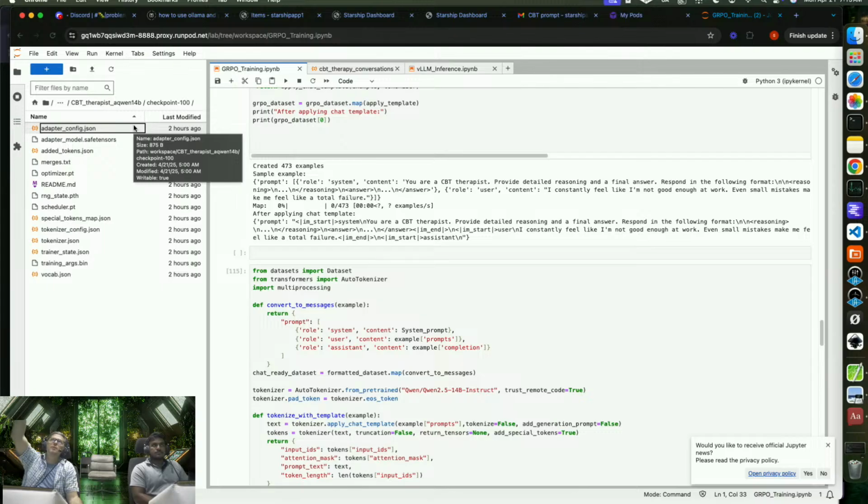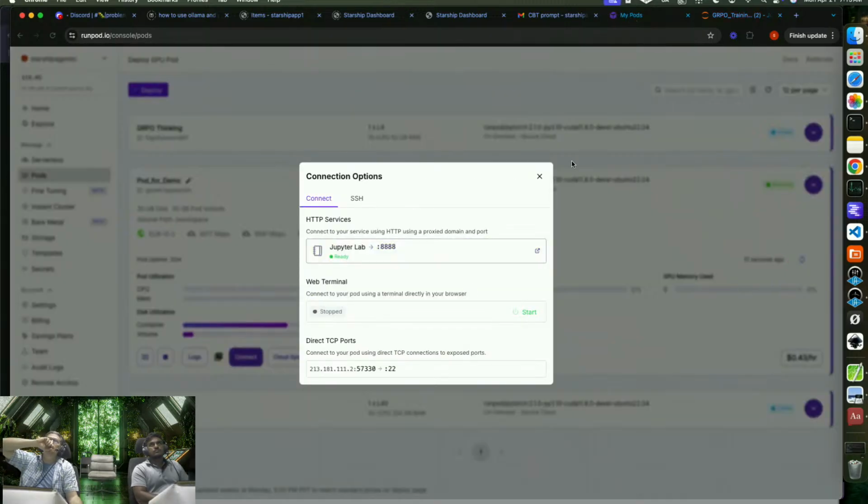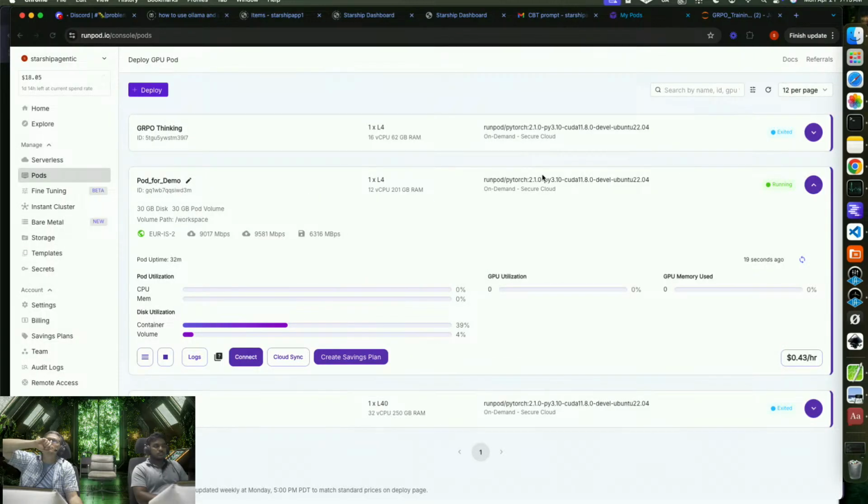Can we just see the dashboard of our pods real quick and just show what we picked? RunPod. Okay, so which one are we on? Pod for demo. So you get to see all your pods. You get to see if your GPU is being utilized and if they're on or off. But I want you to notice we used an L4. And I think I bumped up the... no, you didn't bump up your disk space. I always bump up my disk space because I'm afraid of running out. Did you run out? As you can see, I just put it to 30 GB, but